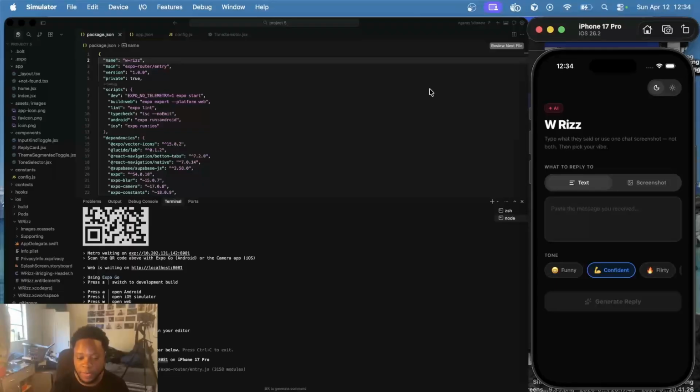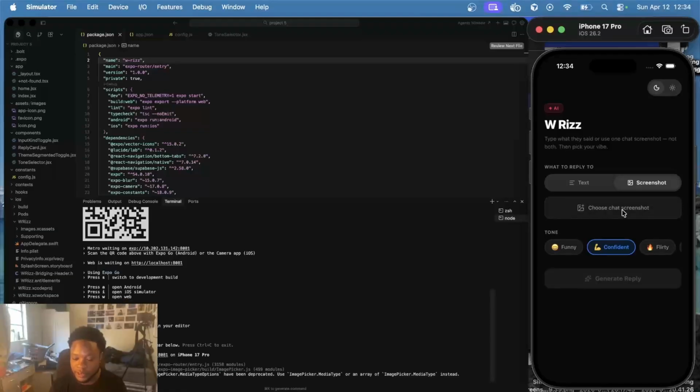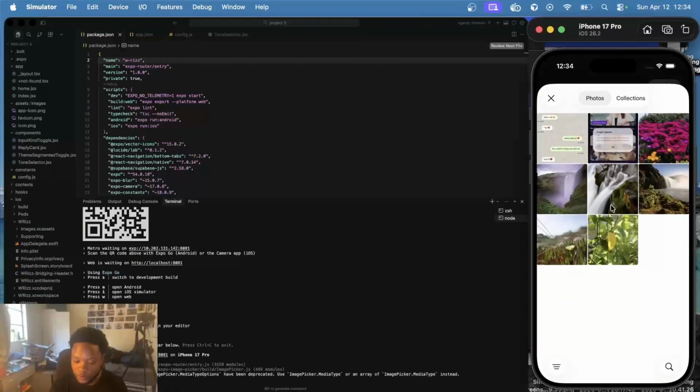All right, so what I already did was I went to OpenAI and I created a new OpenAI key, and then I pasted it in the config.js file. Obviously, I can't show you guys the key right now, but this is something that you also need to be doing on your side. So now we're going to be testing the application. I downloaded a few screenshots to be able to test the application. So when you click on there,